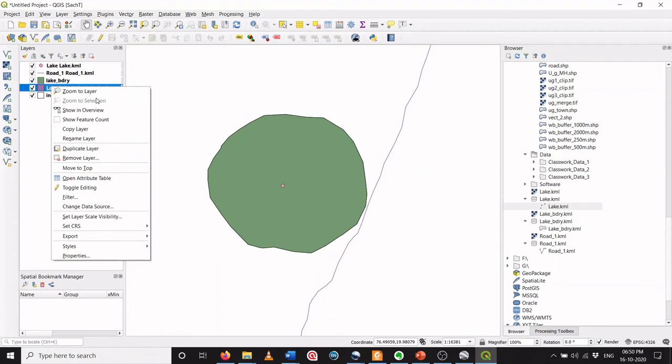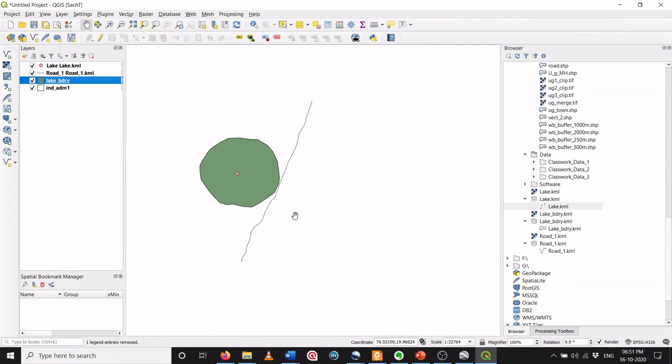So this is done. By following this process, you can bring any data from Google Earth to the GIS environment. In this video we have learned how to procure data from Google Earth to the GIS environment. First, saving the objects as a Google Earth layer, then exporting those objects as a KML layer, then bringing the KML layer into a GIS environment and saving that layer as a shapefile.